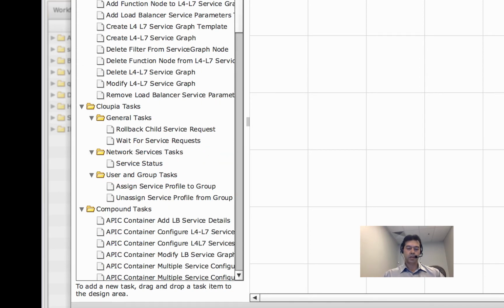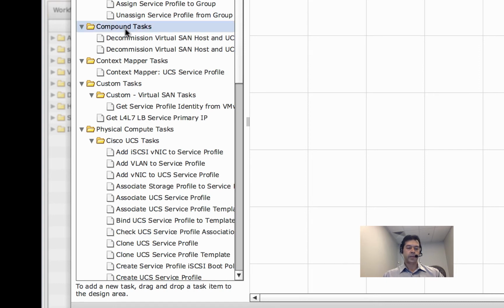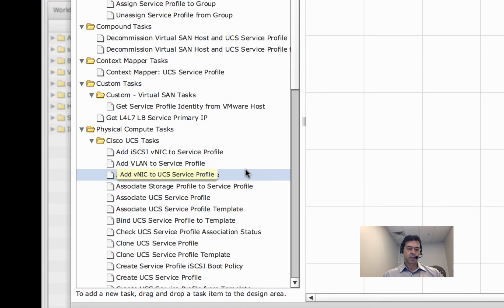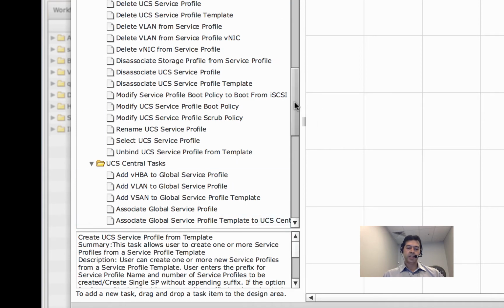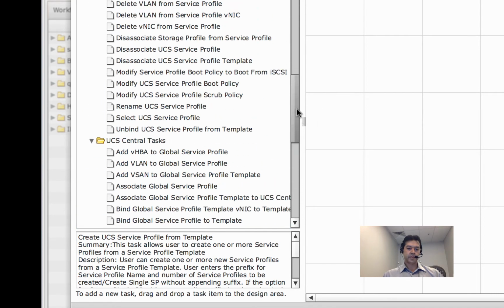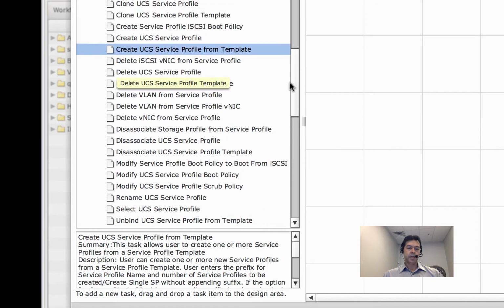service profile. So I'm looking for create service profile from template. Create service profile. You guys are probably already seeing it, right? Clone service profile, create service profile from template. So this is what it is. This task says what the task does, and all I have to do is drag it here,